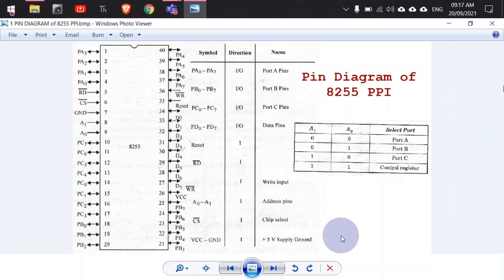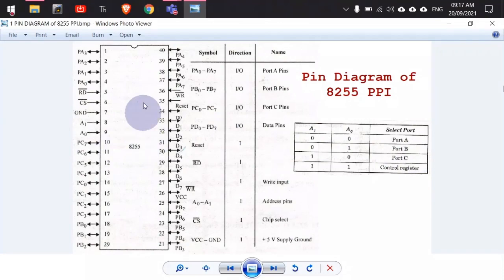Okay. So every interfacing device that we are going to use will have almost the same structure. It will have one control word register, and it will have whatever it is made for. I mean, here we are having ports. In some ICs that we are going to read, they will have timers and counters, right? So instead of these ports, they will have some timers and counters. And some other ICs that we are going to read will be serving different purposes. So every IC will have a control word register as well as the functionality of that IC.